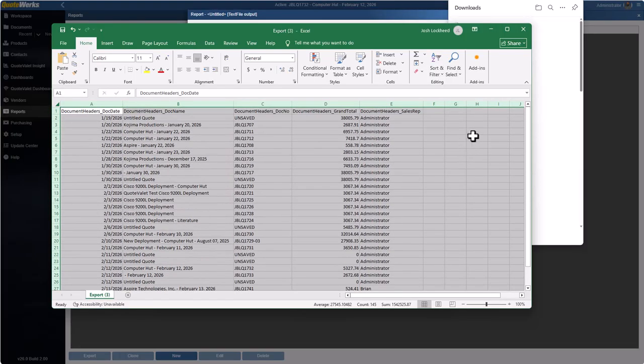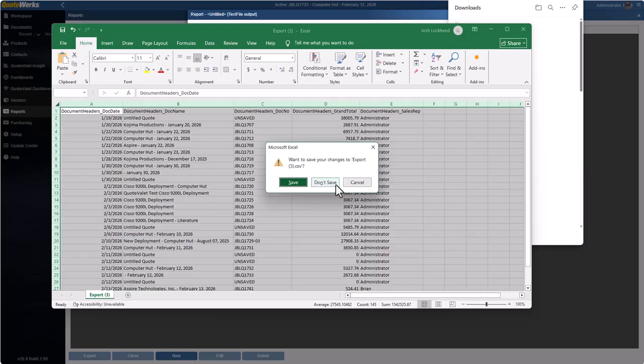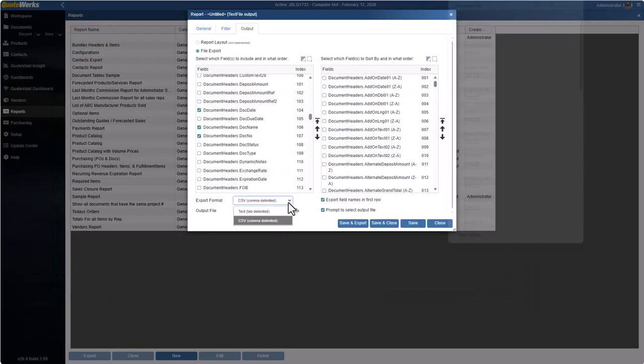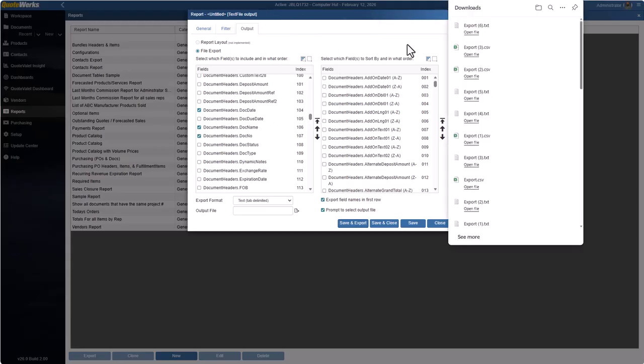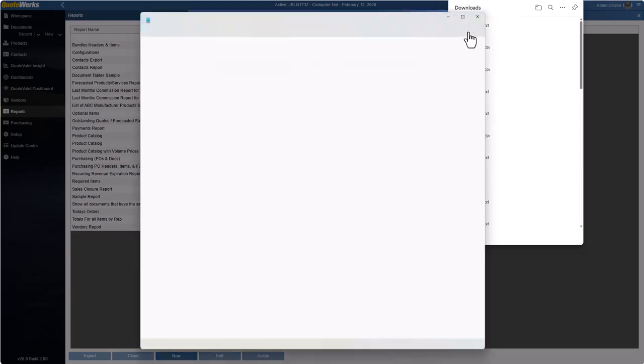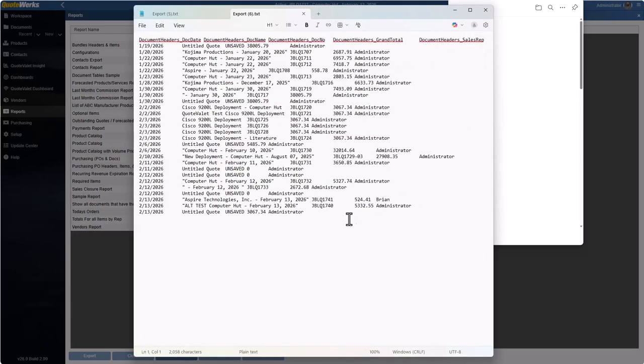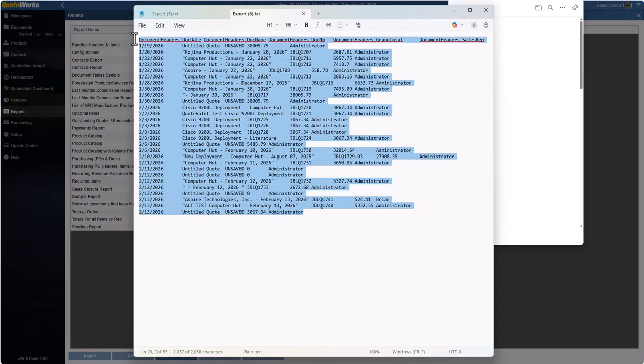If we go back into QuoteWerks, change the export format to text tab delimited, and click Save and Export, we can follow the same process as before, selecting our date range. When we do, a text file is downloaded. If we open the text file, we can see this is the same information that was included on our CSV report. We will copy this information to our clipboard,